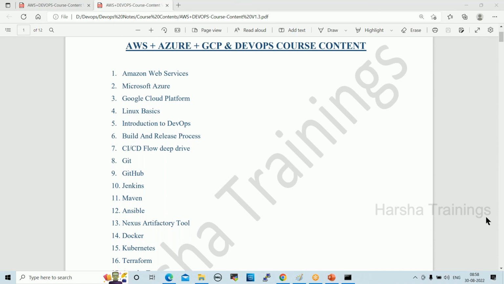Another question: if I also wanted to go with the solution architect role, is this cloud syllabus enough? These are enough. I'll guide you. For example, if you want to go with solution architect, these services are core services. If you are good in these services, you can easily add other services also. But we don't get scope to work on other services. These are the core services.